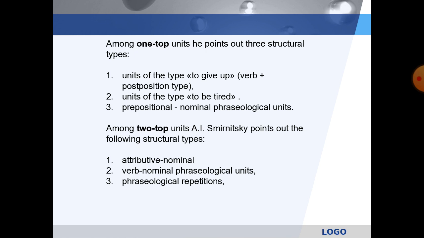And the next is phraseological repetitions such as now or never, part and parcel, country and western, etc. Such units can be built on antonyms, for example, ups and downs, back and forth. Often they are formed by means of alliteration. For example, cakes and ale, as busy as a bee.